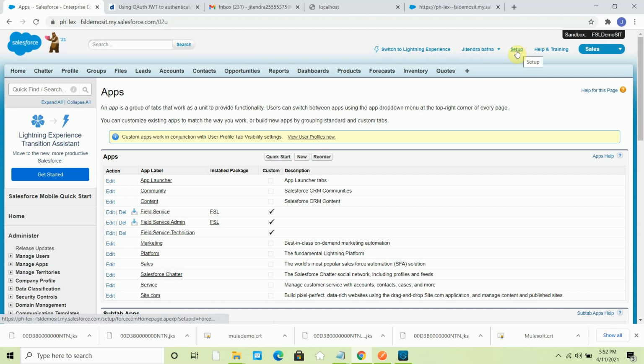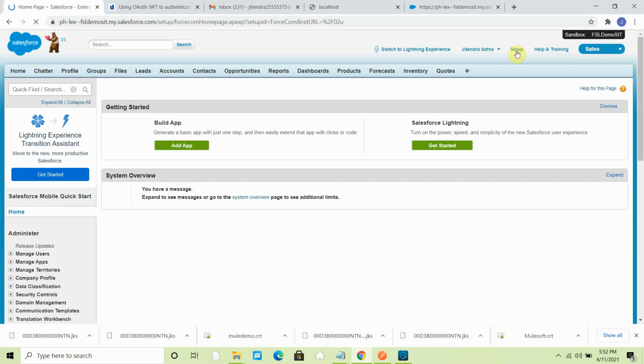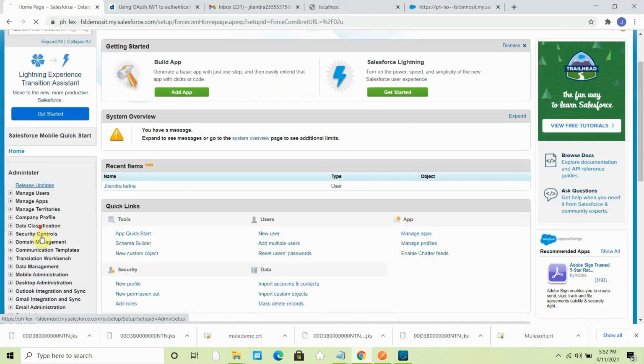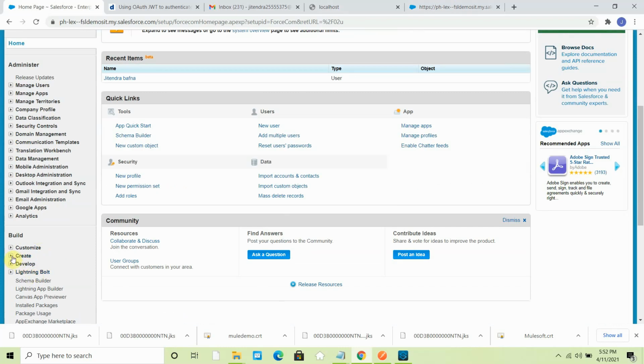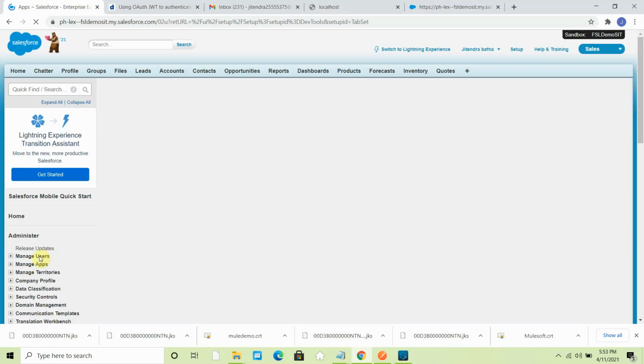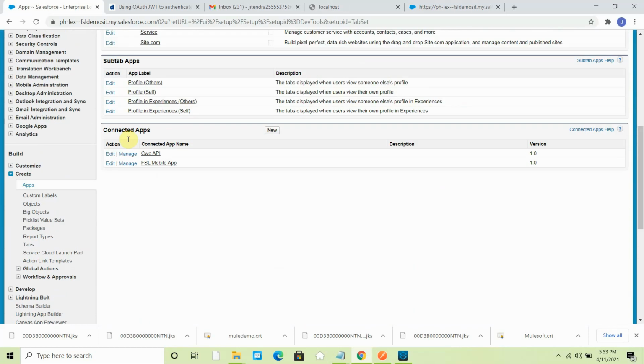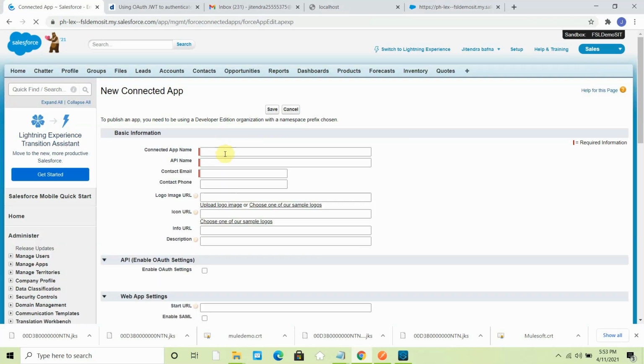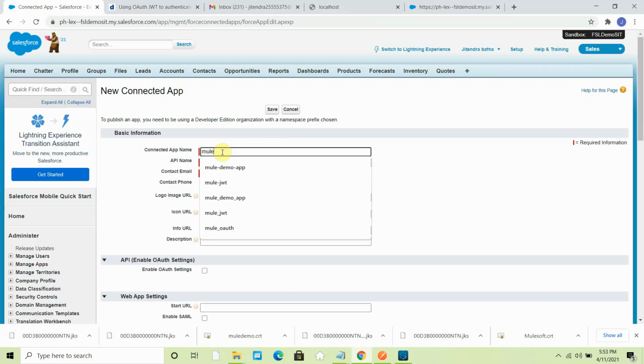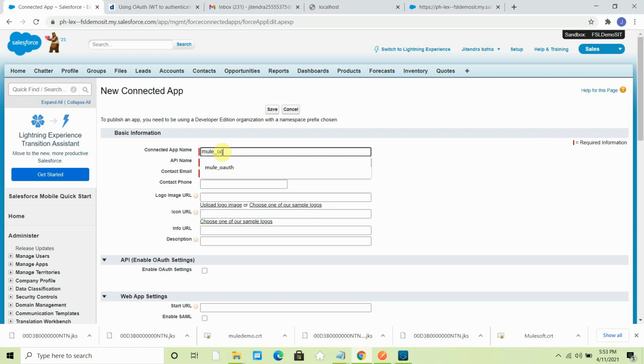You can go to Setup. Once you have gone to Setup, you can select Create. Under Create, you can go to Apps. Under Apps you can see Connected Apps. You can click on New, then name it Mule OAuth.